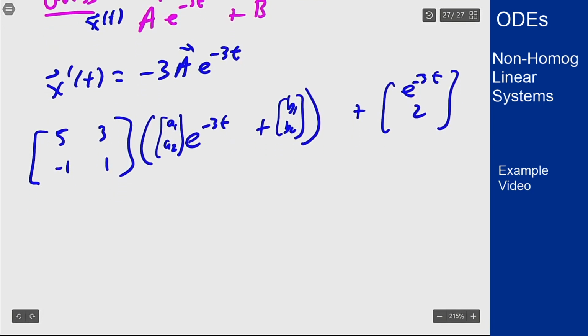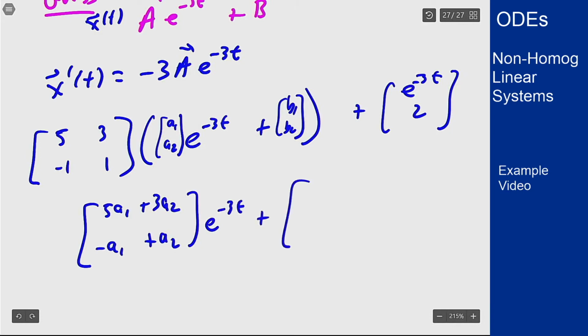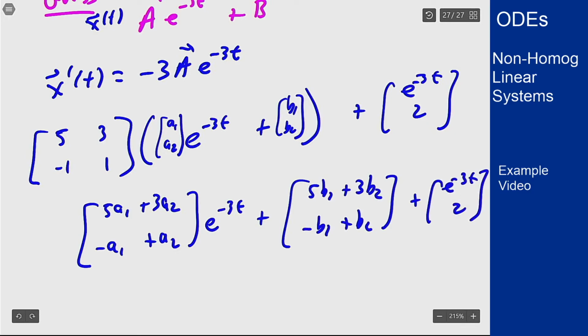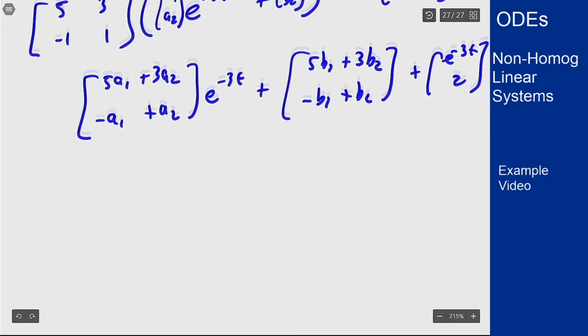What I'm going to see here is the vector 5a1 plus 3a2, minus a1 plus a2, e to the minus 3t, plus the same pattern in terms of b's, and then plus an e to the minus 3t and 2. And I want to add these in to these two vectors where they belong to give a set of equations that looks like